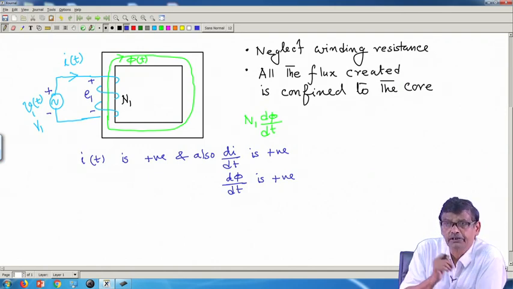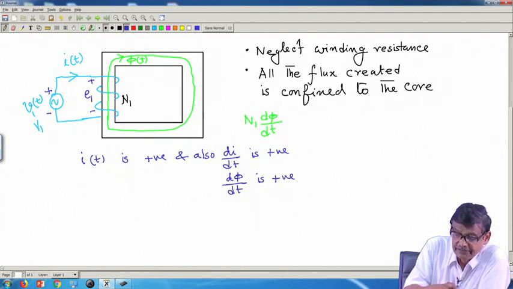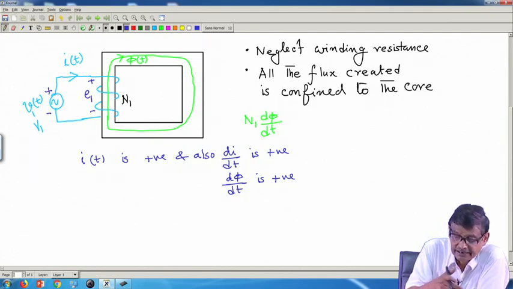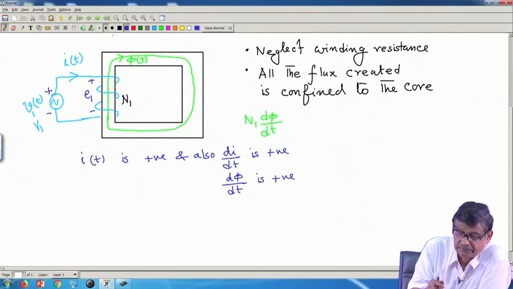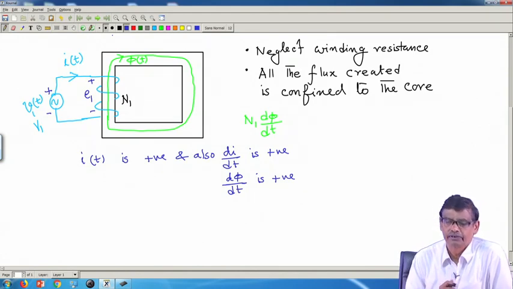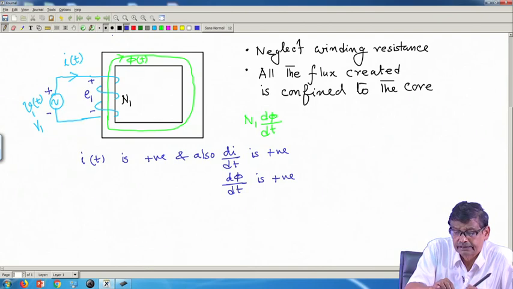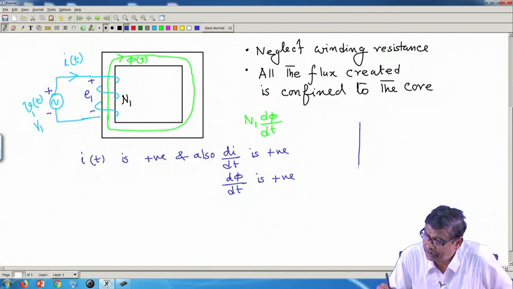What will be the nature of this induced voltage in relation to V1? These two will be in the same time phase, because KVL is to be satisfied. Only the sense in which E1 is acting is opposite to the sense of V1 applied to the circuit. That is, if E1 was allowed to drive current alone, it would have driven current from right to left. So, this is Lenz's law, that is, the induced voltage will oppose the supply voltage essentially. But nonetheless, these two voltages will have the same variation with respect to time.